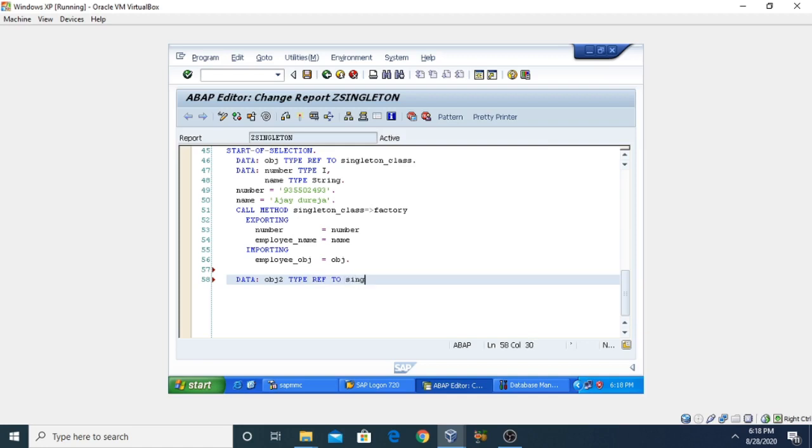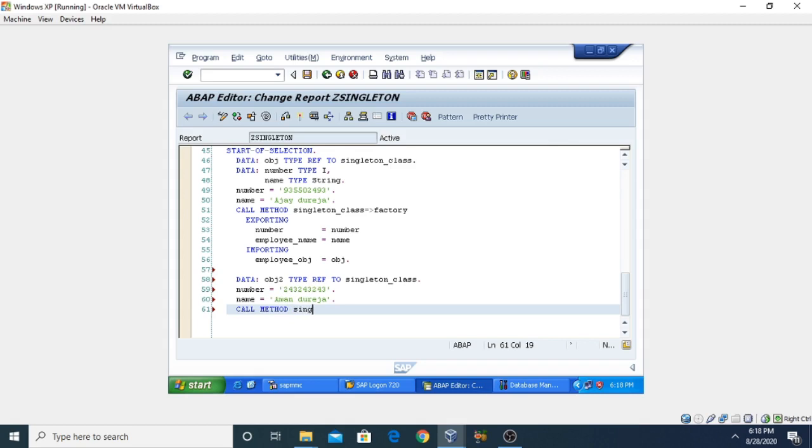The class name is singleton underscore class, and I am going to assign the number value, number equal to, I can give 2356 or something, then giving the name here, so name equal to the name I am taking here. Now we are going to call the factory method.